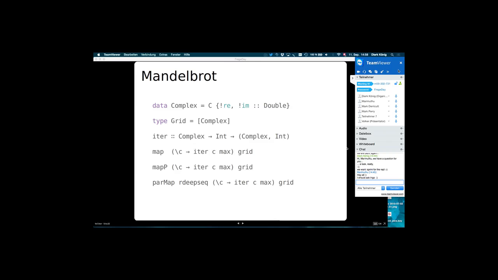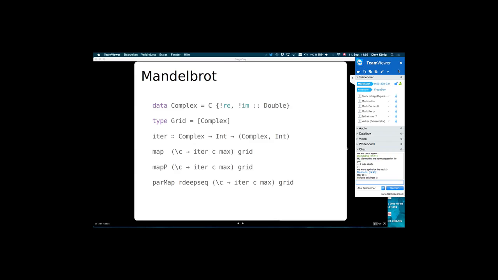There are some points where it will run forever, so we pass it an int for the maximum depth, the maximum iterations it will do, and we get out the complex number where it stopped and the iteration depth it reached, because it stops calculating when the complex number diverges into infinity.